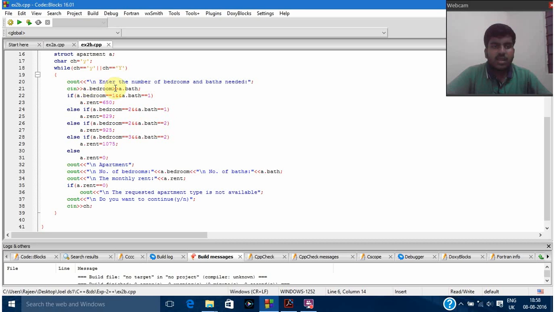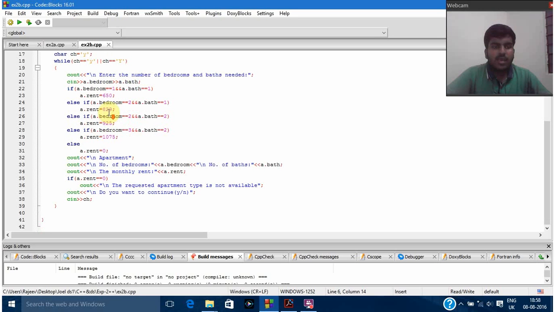Using the object a we take in the values entered by the user, and using an if else ladder we check the condition for the available apartments. So in the first case we have bedroom 1 and bathroom 1, then the rent is initialized to 650, and so on. And if none of the apartments match, then the else condition is executed and rent is assigned as 0. And then we display the values,